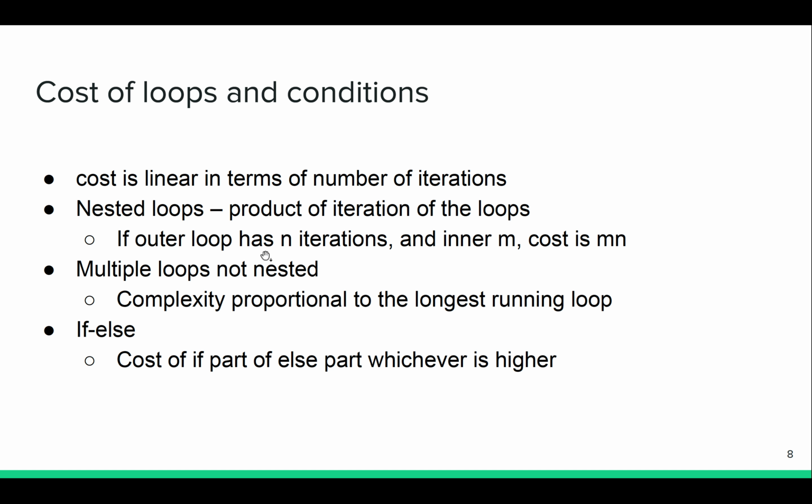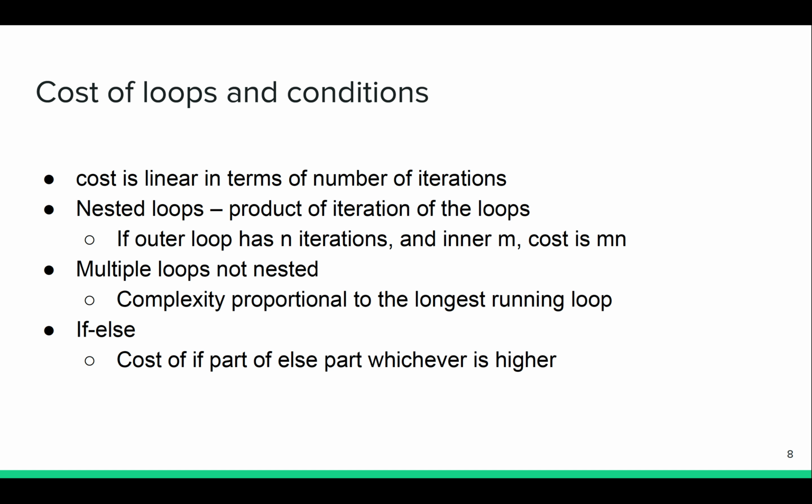Suppose we have written two for loops. One is i equals 0, i less than n, i plus plus, and that contains another for loop, j equals 0, j less than m, j plus plus. So the cost of these two loops will be in terms of m into n. Similarly, when there are multiple loops that are not nested, the complexity is proportional to the longest running loop. For example,